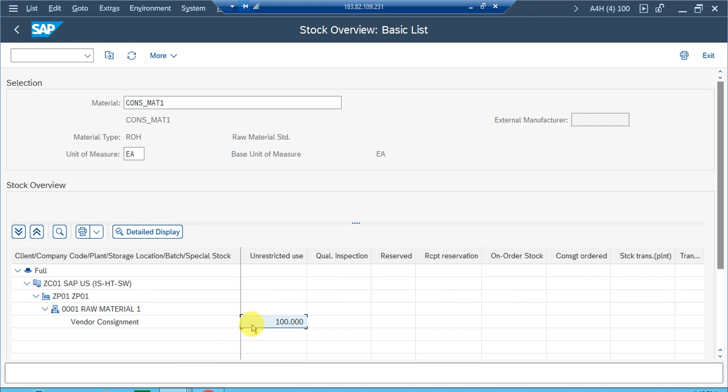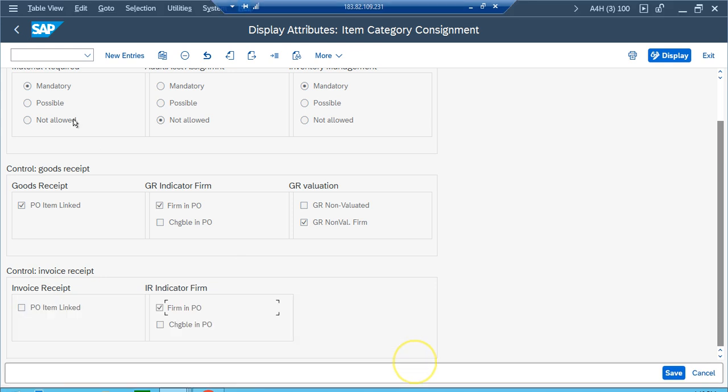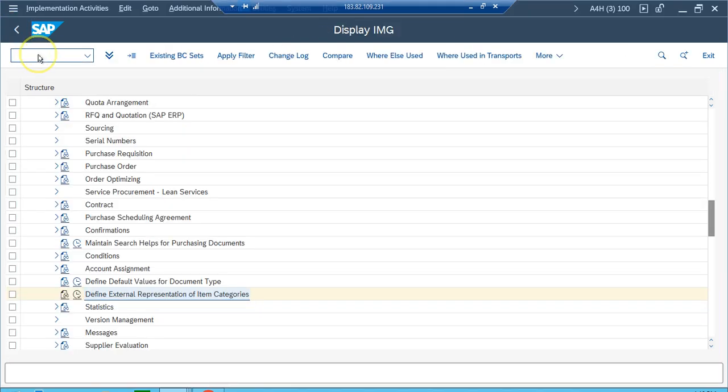Okay, now this material we have received. Let's say we have stored this material in the 0001 warehouse. After some days, suppose a requirement comes from the production department or from another department for this material. Now we want to issue this material, we want to consume this material. So how can you consume it? If you want to consume this material,